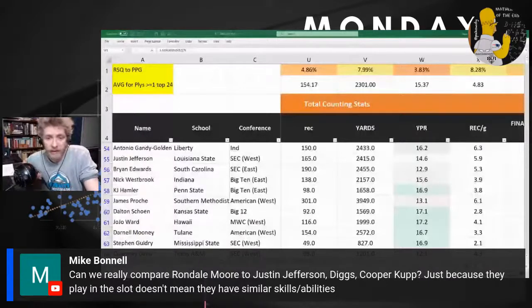But they all look to be, and speaking to the list, more likely to be successful in the NFL, not using yards per reception, but using yards per team pass attempt adjusted by age and adjusted by conference, and just straight yards per team pass attempt. They measure more closely to Ronda Moore than whoever the other rookie is you would rather take over him at the end of the first round, because we haven't named him. And this was with hypothetical draft capital, to be fair. So that will sort a lot of that out.